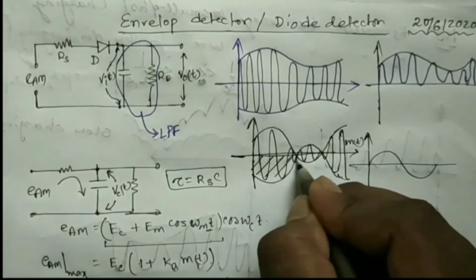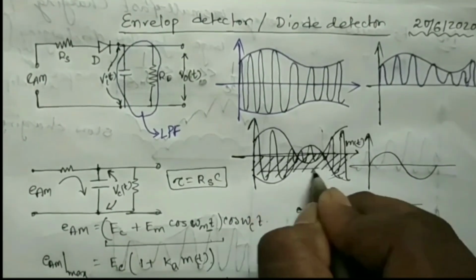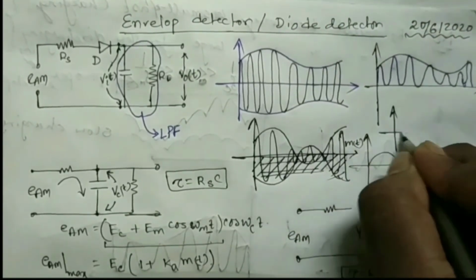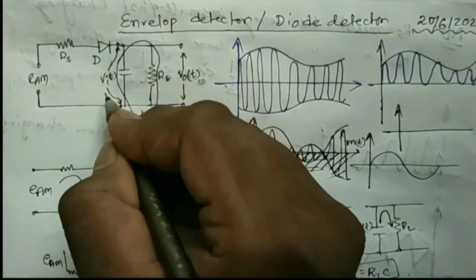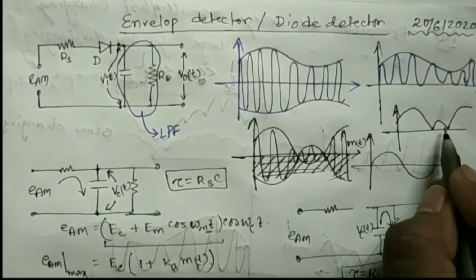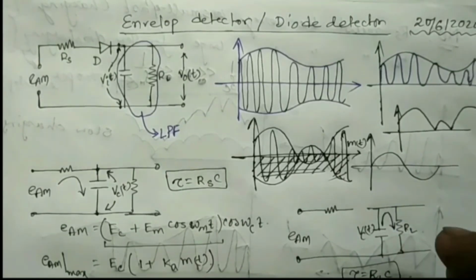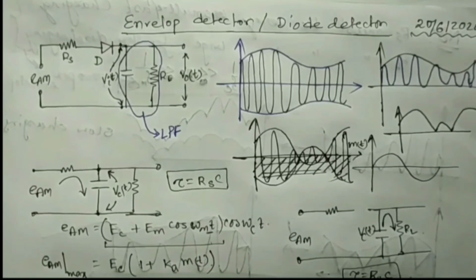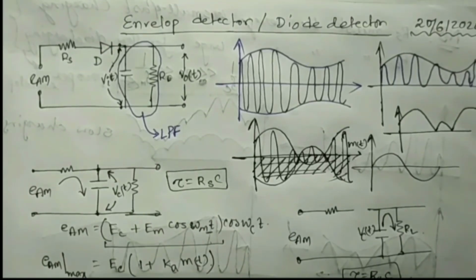Suppose the negative portion gets cancelled, so we won't find these spots, so the equivalent graph that is found at these 2 points VIT will be something like this. From here we cannot detect the message signal. So if m value is greater than 1, this process cannot be used. Thus we have completed the demodulation processes of AM signals. In the next video, we will discuss different types of amplitude modulation and how they are modulated or demodulated.